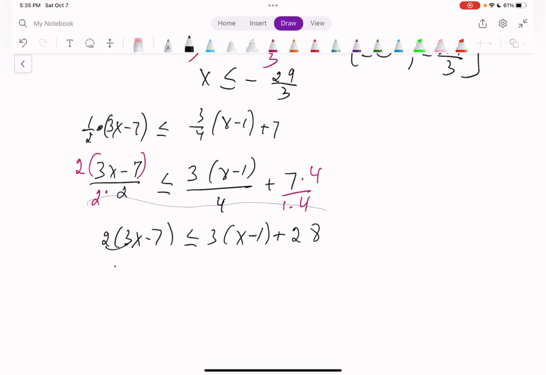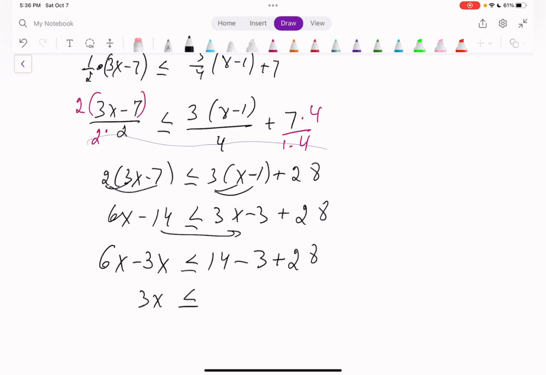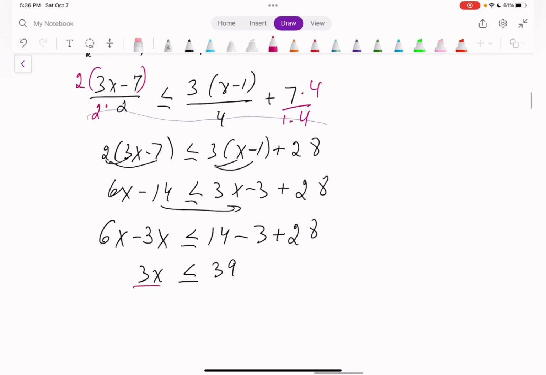So let's multiply: 6x minus 14 less than or equal to 3x minus 3 plus 28. Moving 3x to where 6x is, and positive 14 moving here, minus 3 plus 28. 3x is less than or equal to 14 minus 3, 11, 28 plus 11, 39. And dividing by 3,